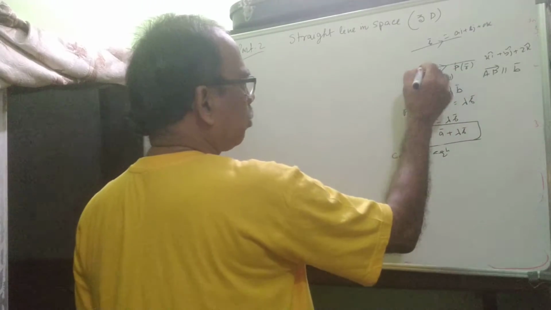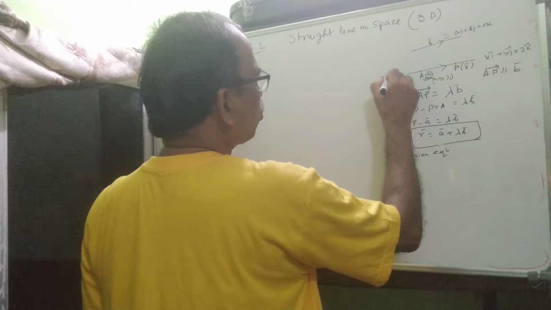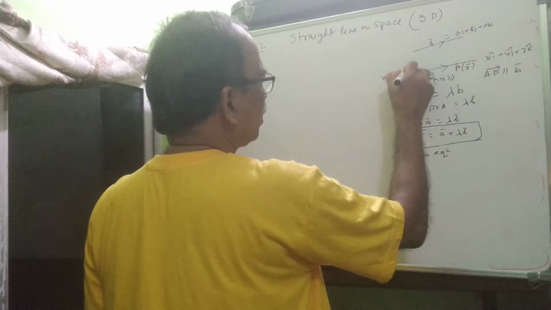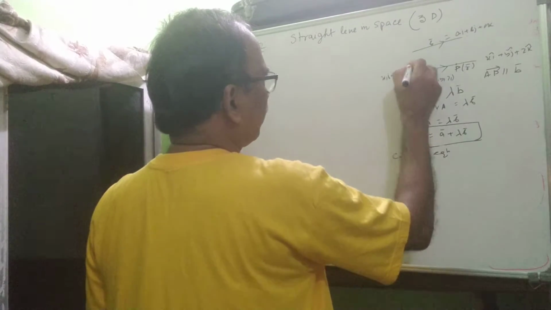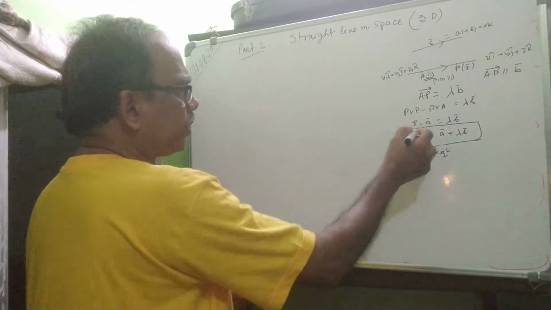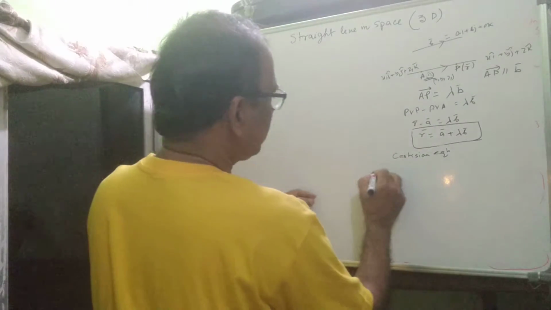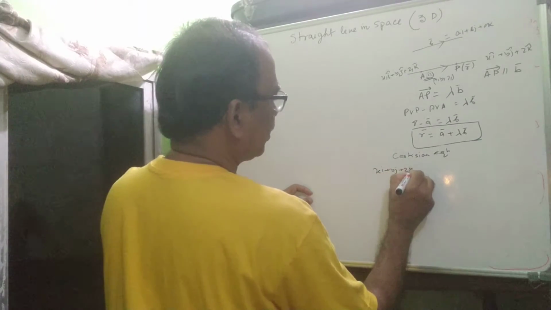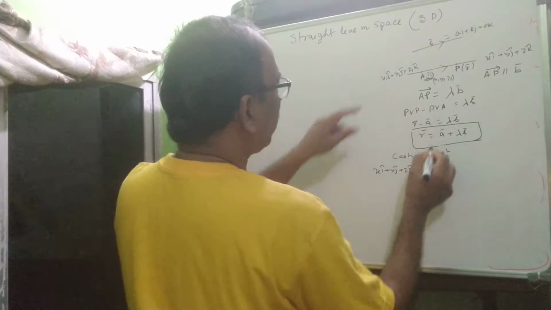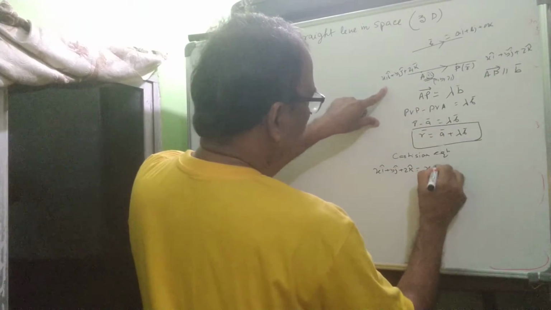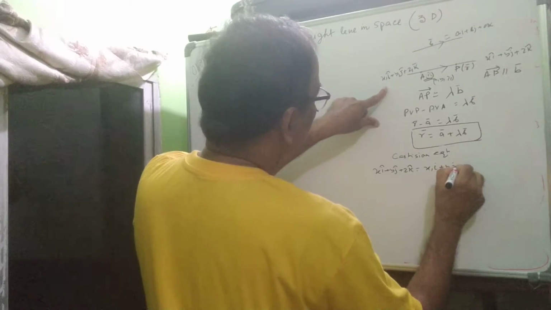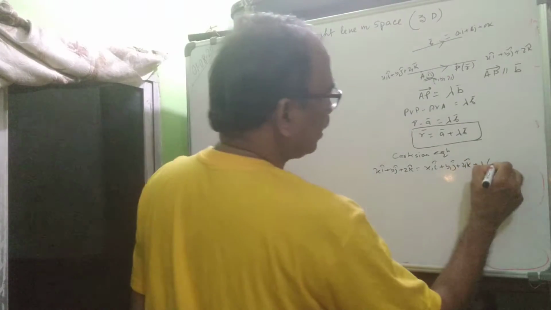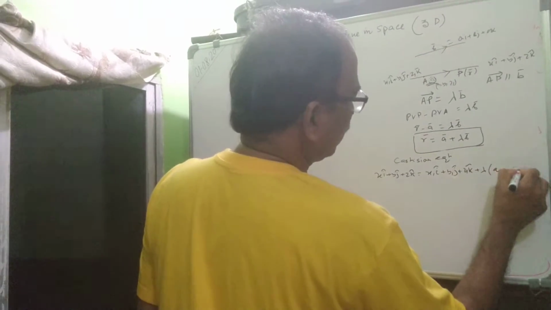So the position vector A is x1i plus y1j plus z1k. Now put it in the formula: R is xi plus yj plus zk equals A, which is x1i plus y1j plus z1k, plus lambda B,